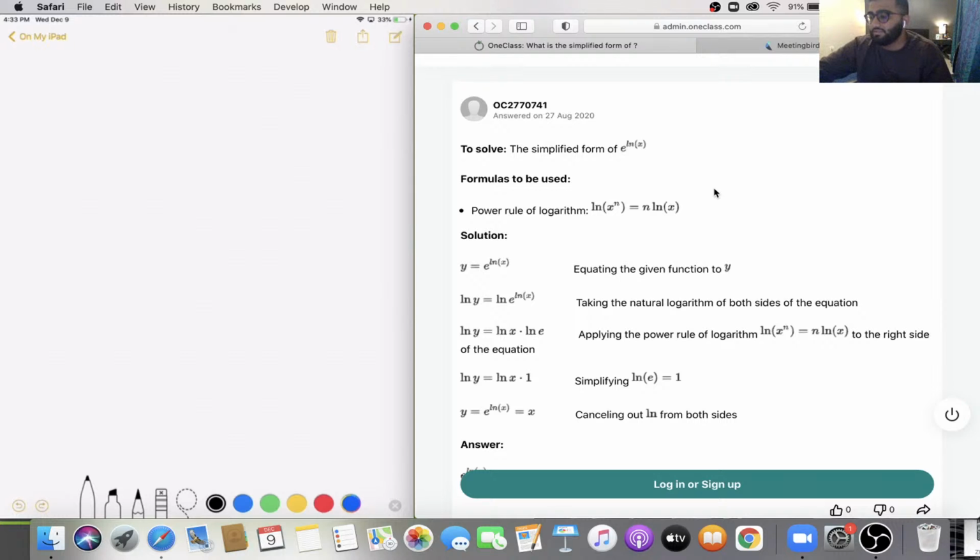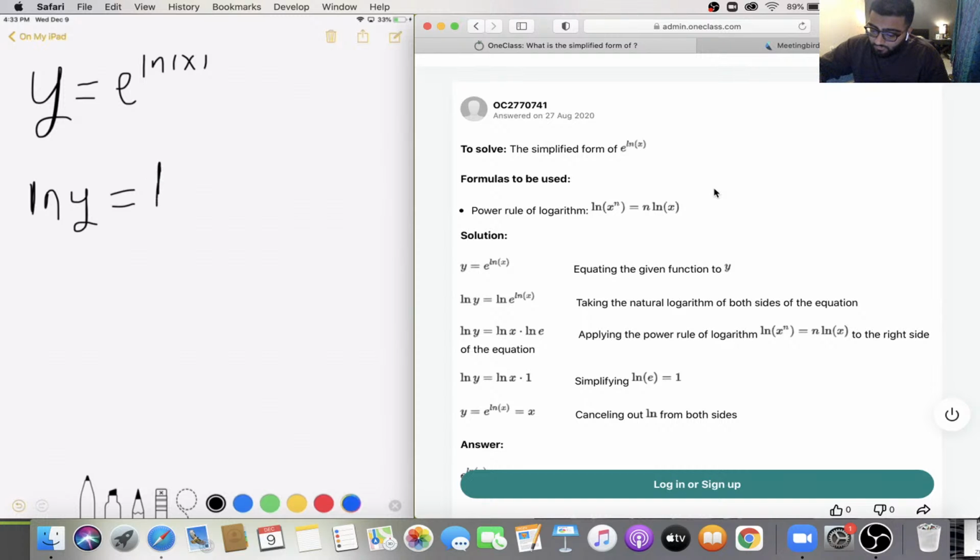So our first question is, what is the simplified version of e to the power of ln x? So let's write that out as a function. So y equals e to the power of ln x. So what we're gonna do is put ln on both sides. So we're gonna do ln of y. Ln is actually the natural logarithm. It is log with the base e. Ln e to ln